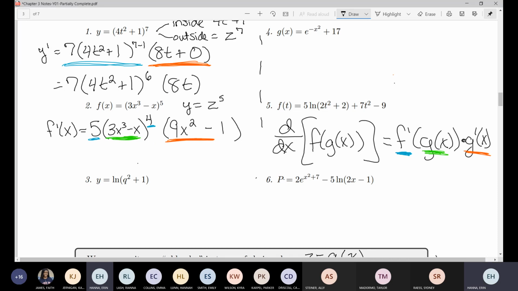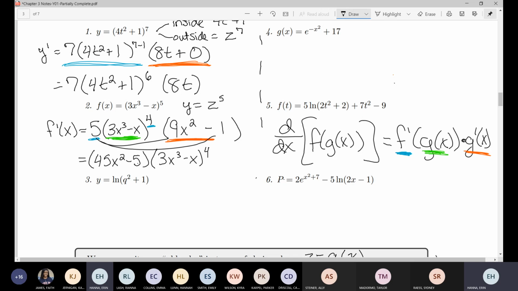If you wanted to, you could distribute that 5 through here. Totally unnecessary, but if you wanted to, you totally could. Just in case. I probably would have left it like this because I'm lazy. But